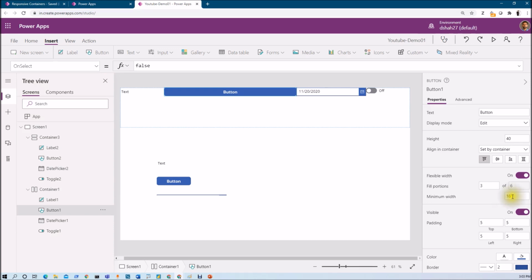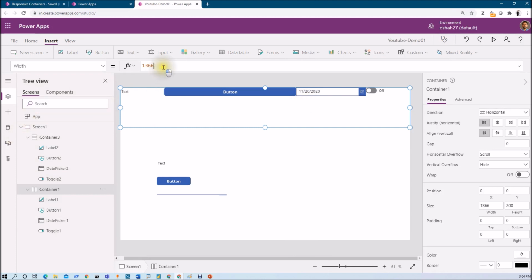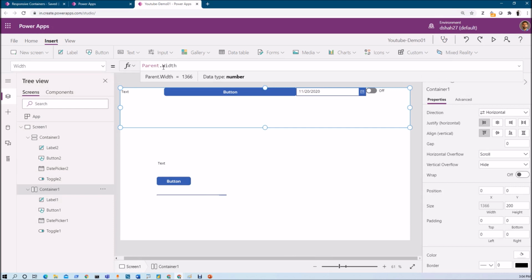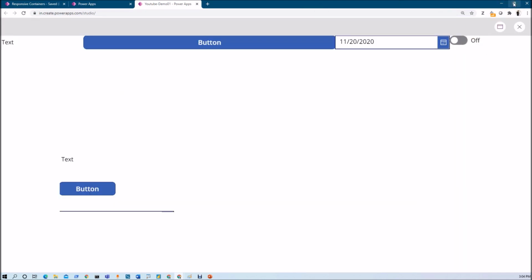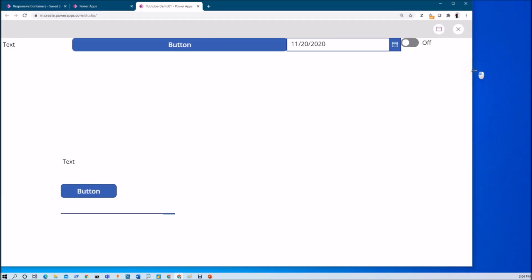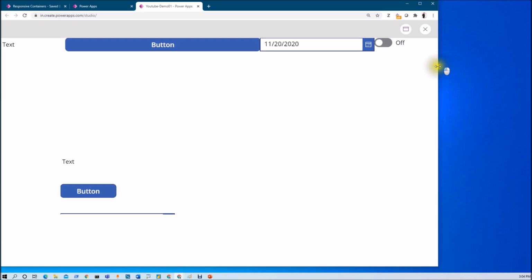Minimum width is 160 for this button. Now let me make sure that the container width has been set as parent.width, so we can test that properly. So this has been added and now let's test. Now let's say I'm decreasing the width of this container. You can see that this 3 times button width is also being changed accordingly as I'm moving my window